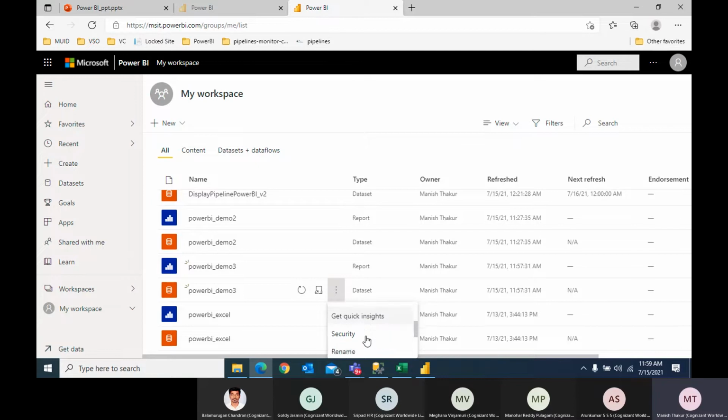Create, delete. If you can delete, you can rename the name also. You can rename settings. Download the PBX. Suppose you are just seeing some report you want to download, so you can also download that report, and again you can use it in your Power BI report. Again, you can upload the file and you can do the transformation.